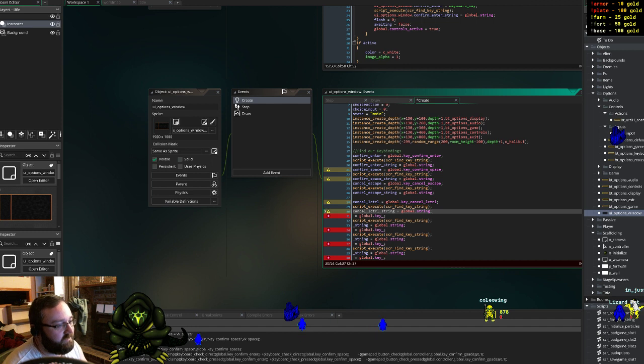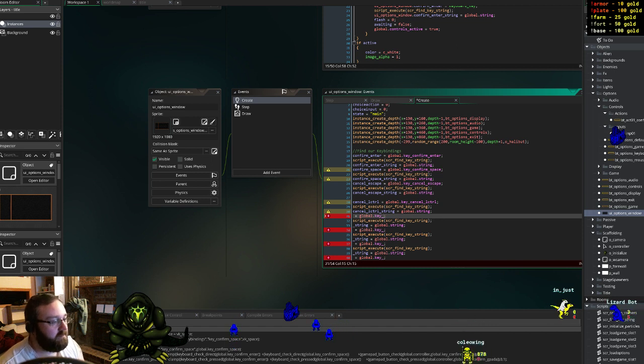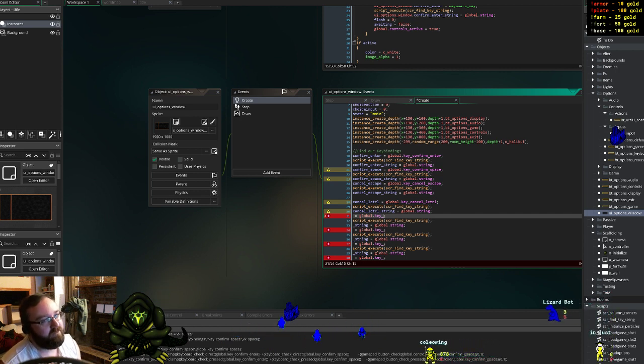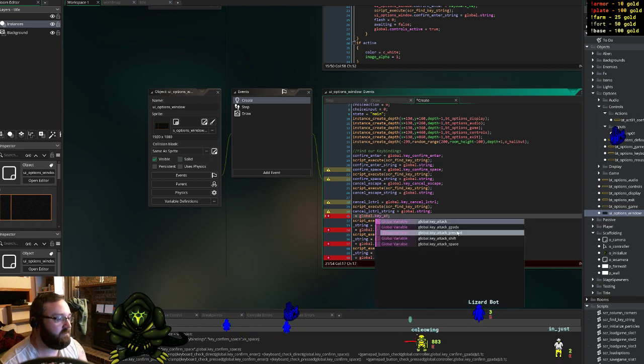Trying to think what's the fastest way to go about this. And then now I gotta remember all my keys. I was gonna do it in order with the up, down, left, right is the last one, so let's do that. We want to do attack and pause next. So do attack,